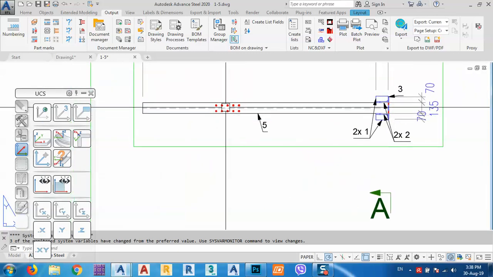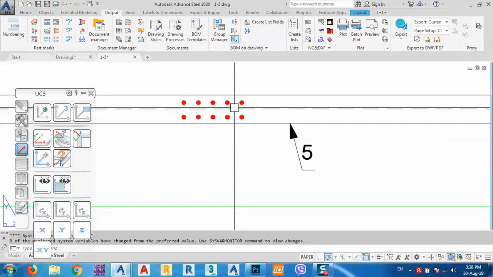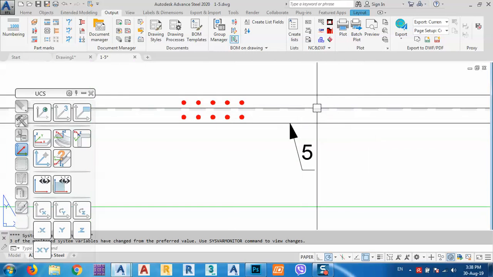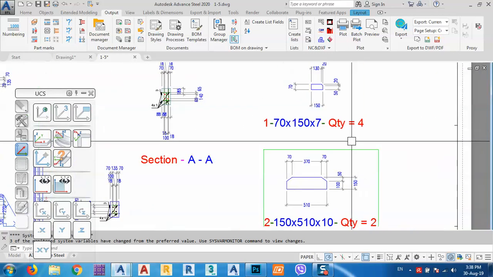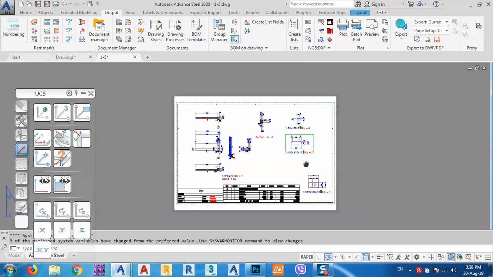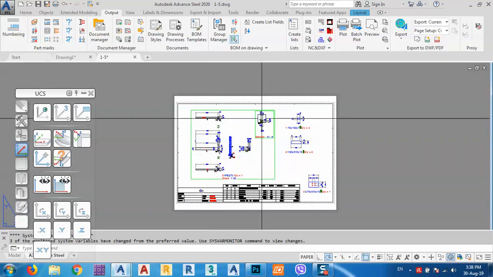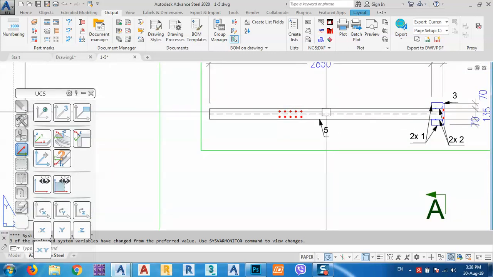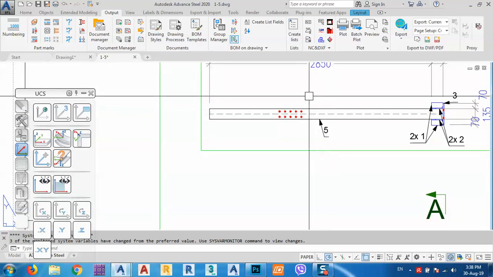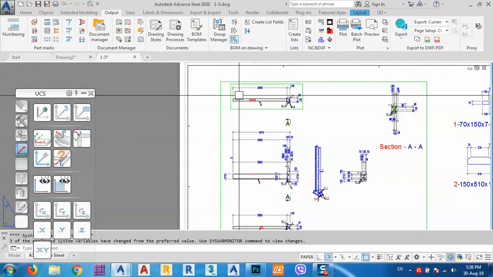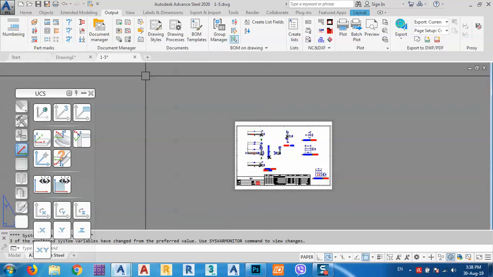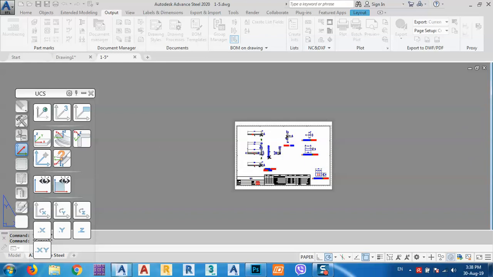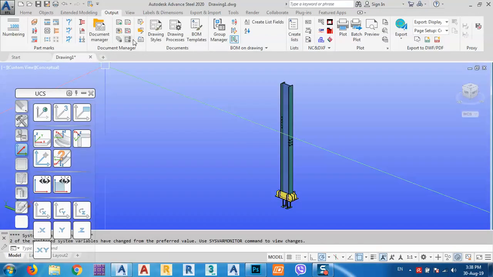But sometimes from the top view we see the bottom holes also, and when we give dimensions for it, it will give us the dimensions for the hidden holes also, which makes us make mistakes while we fabricate this one. So just let me close this one, and from my drawing style,